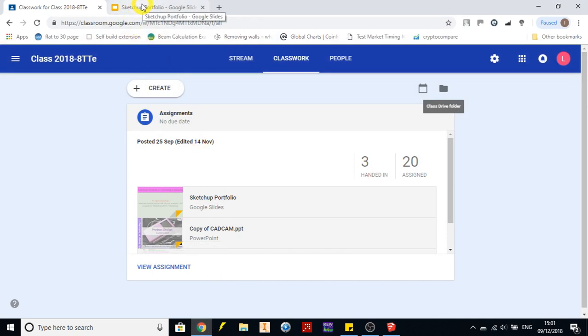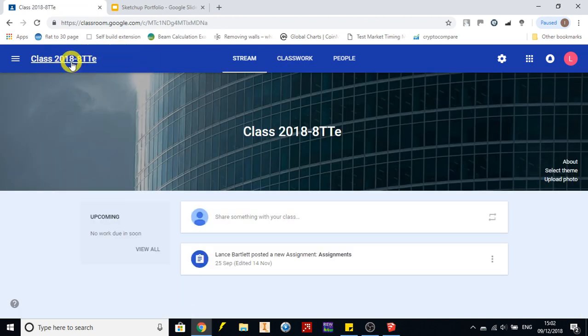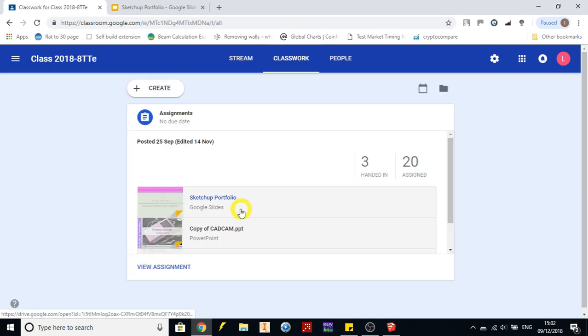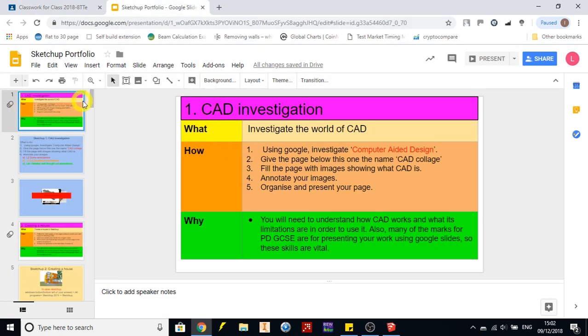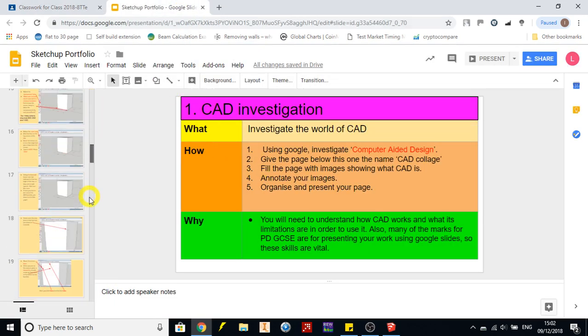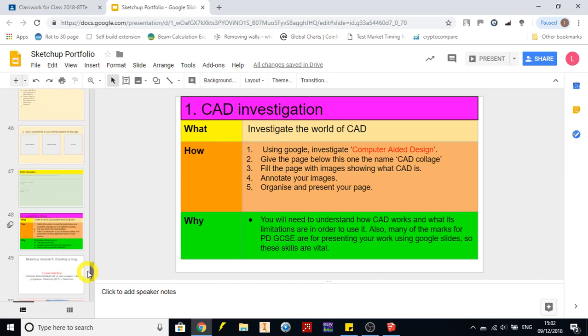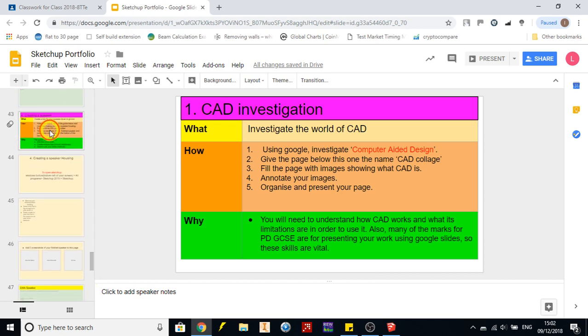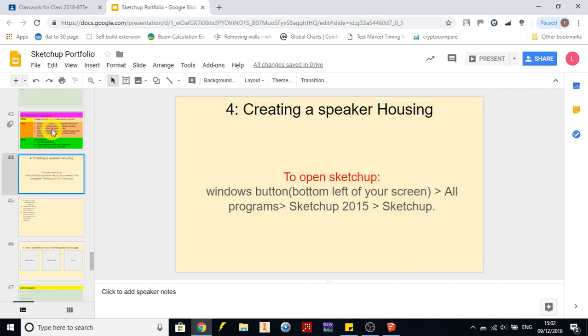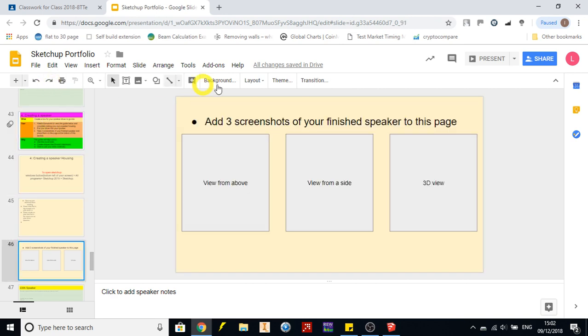My portfolio is already open. Yours will be in your classroom as always, so go to your Google Classroom code. In this case I'm currently using 8TTE, and then select portfolio. I've already got one open, so I'm going to close that, and you want to scroll down to quite close to the bottom now. I'll scroll down to the page that says creating a speaker, and a couple further on you'll find add 3 screenshots of your finished speaker to this page. So I'm going to right click on the page,